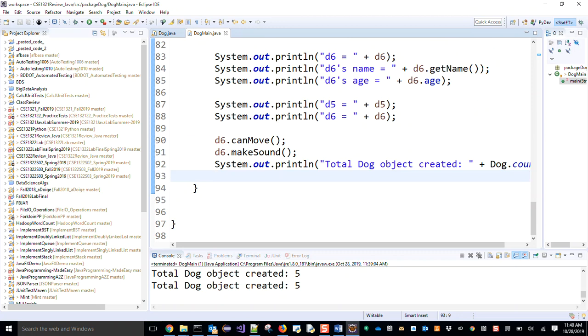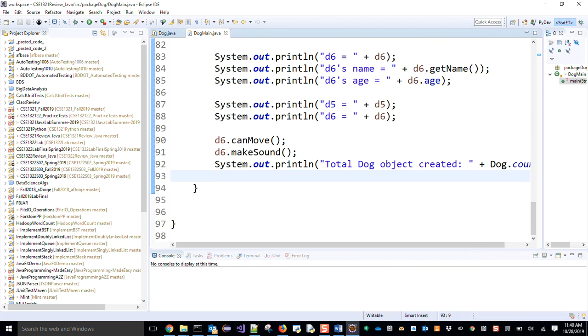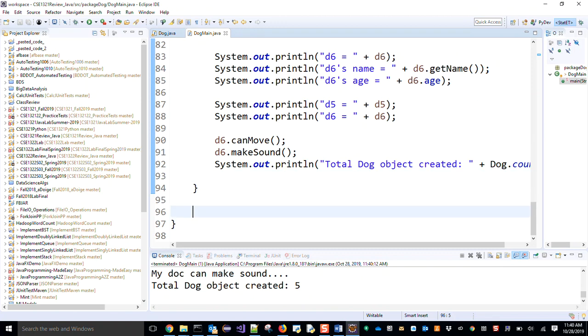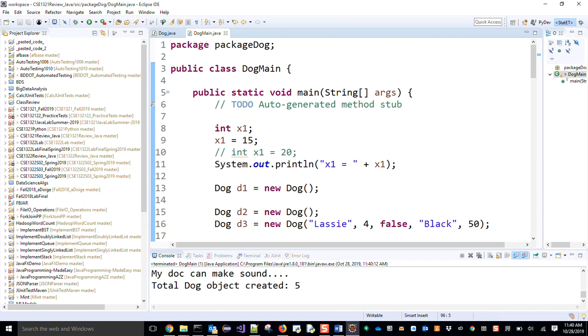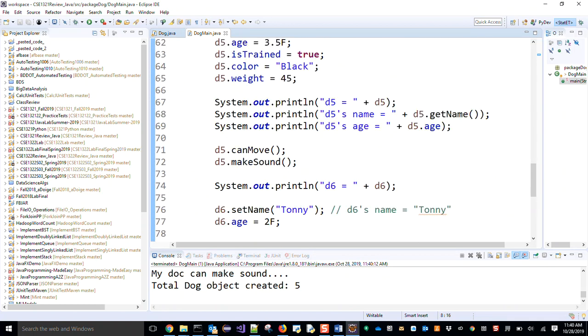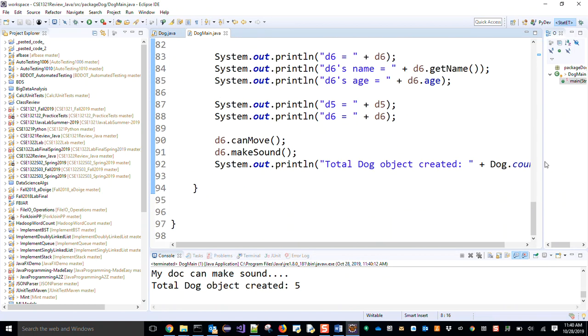Another property is that in order to call or access a static attribute, the caller needs to be static. Here my main method is static, right? So I was able to call my static count